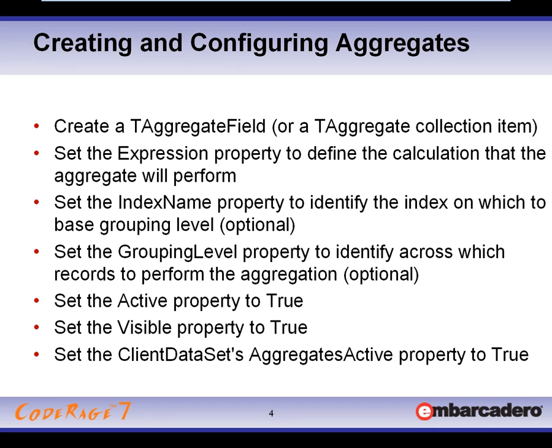Well, the obvious thing is you have to create the aggregate first. In the case of a T-aggregate field, you have to create a T-aggregate field. This can be done at design time, or it can be done programmatically. For a T-aggregate, you also have to create it, and that, again, can be done at design time or at runtime. The next thing you need to do is set the expression property to define the calculation that the aggregate